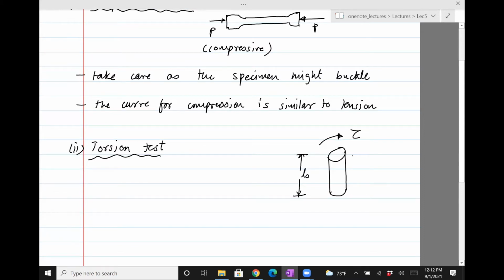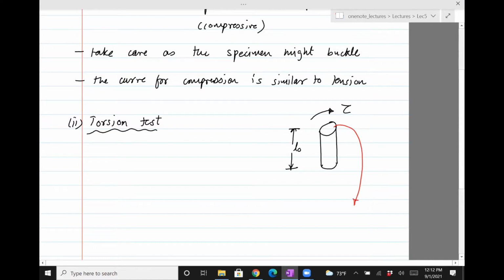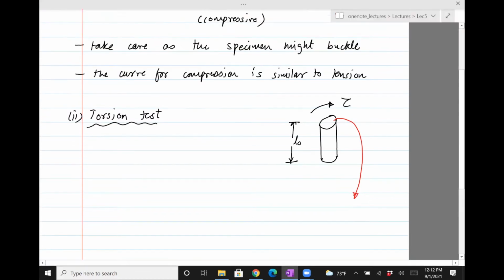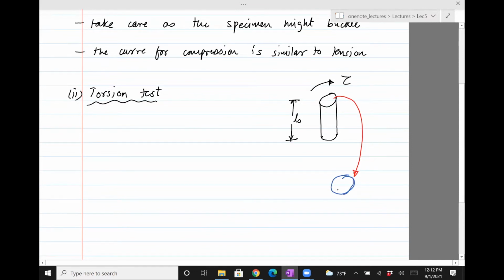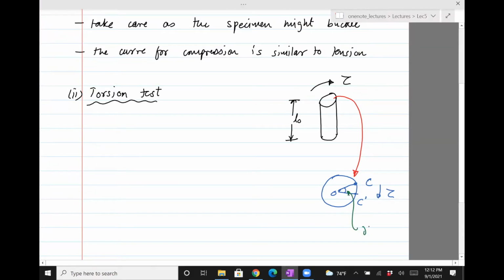And then if you look at a cross section, I'm going to blow this up a little bit. When there's no torque, if you draw a line from the center to this point, let's call that C. Due to the torsional load or torque, you see that this C point will move to this point C prime, and the angle swept here, let's say that is gamma. So then what you can do is you can define,